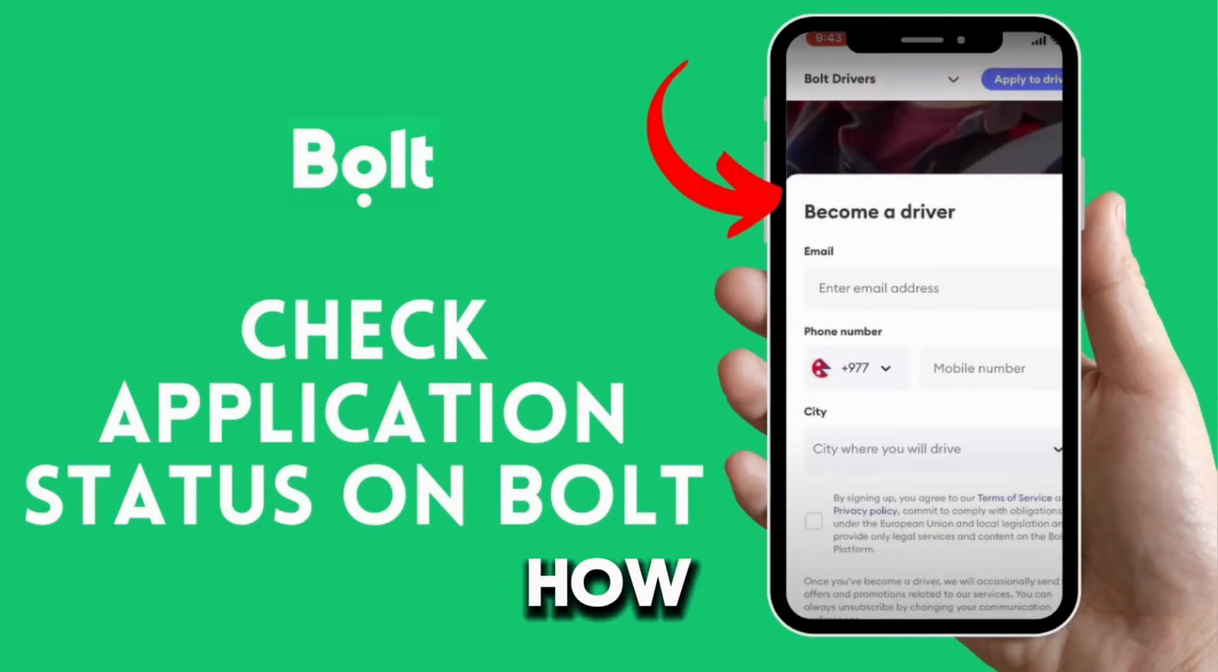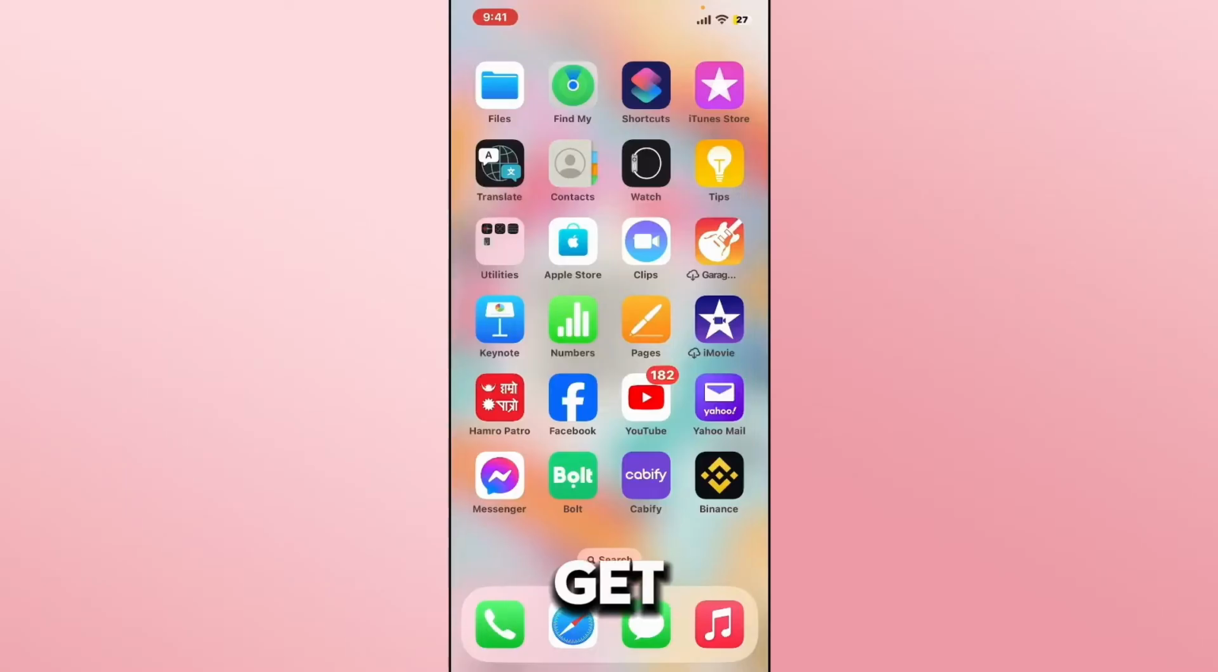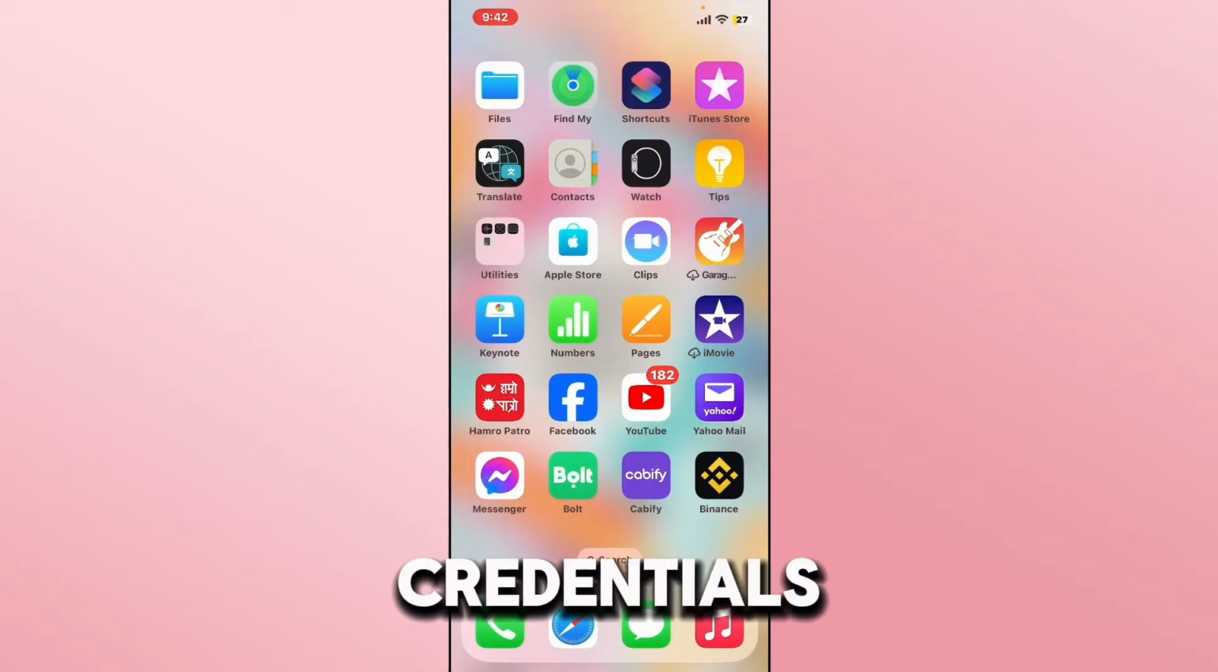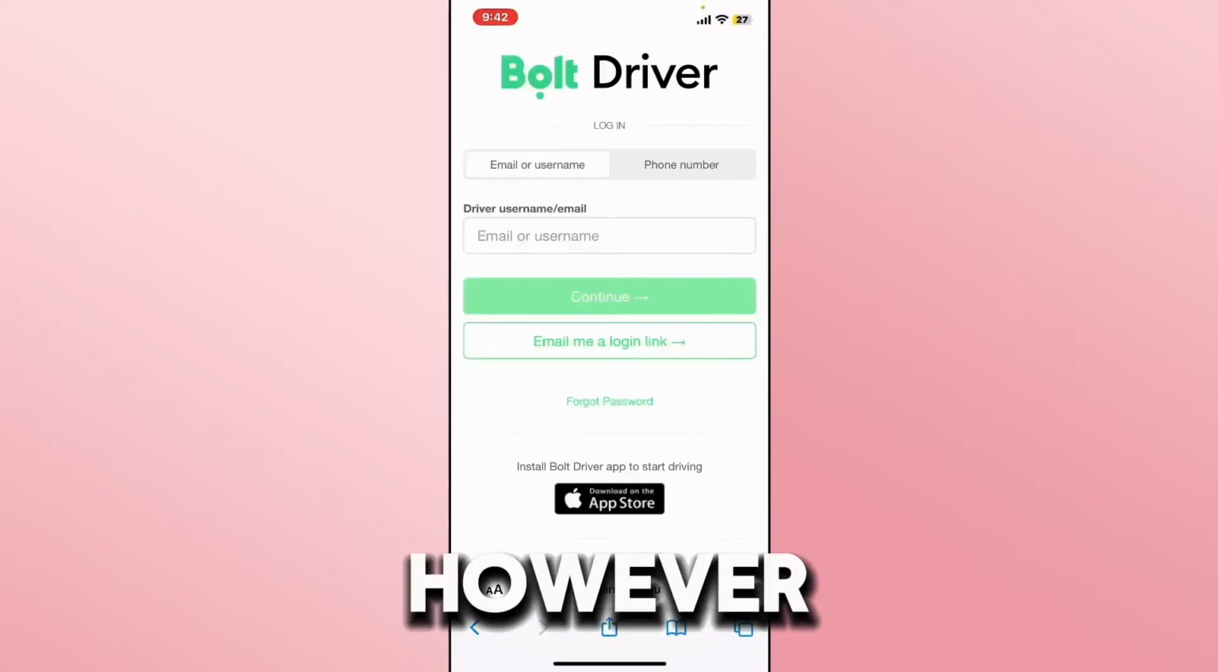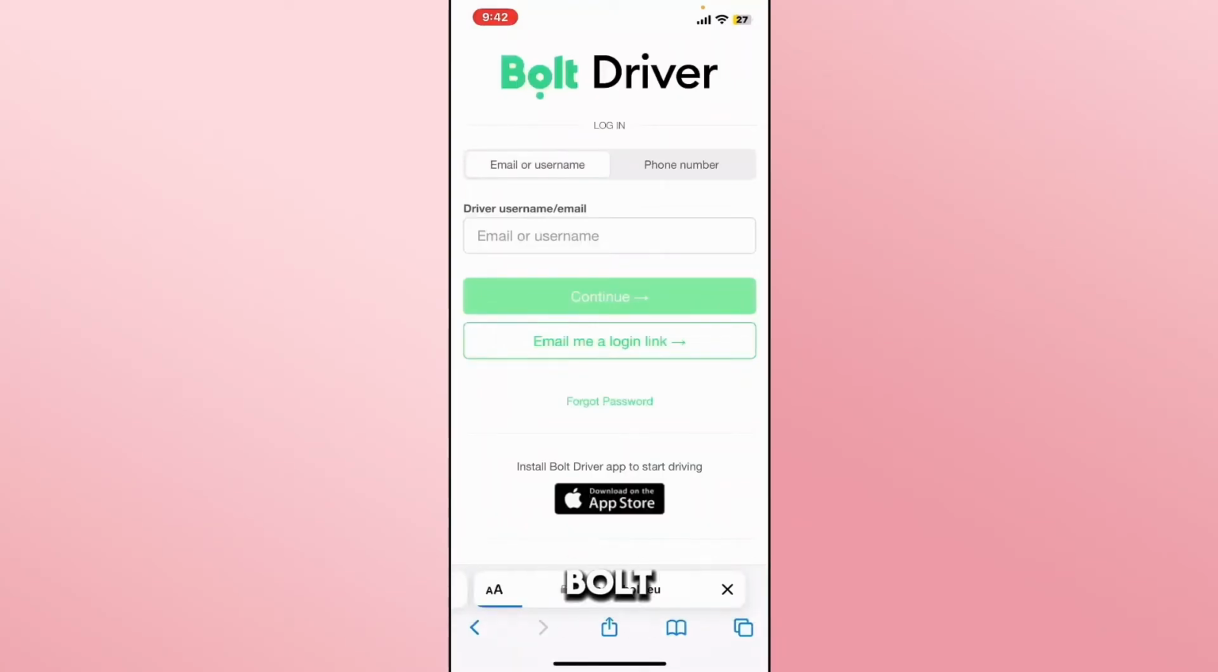I'm going to show you how to check up on your application status on the Bolt application. So let's get started right away. Now, if you have applied to register for an account on just the Bolt application, then all you will need to do is use your credentials and verify your account identity, and you will be able to use the app right away. However, if you have applied to be a Bolt driver, then in order to check the status of your application,